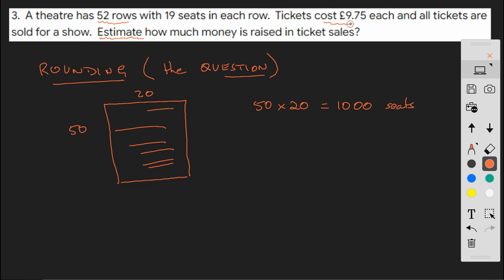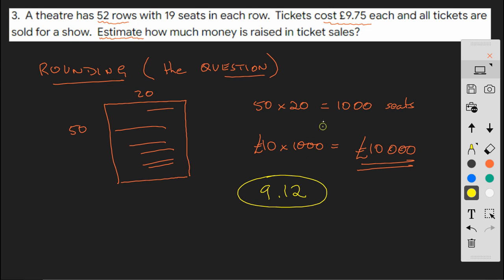Now our tickets cost £9.75 each. Well, let's call that £10. So we've got £10 times 1,000. So our estimate is £10,000. And if you want to go and practice that on Century, then try Nugget